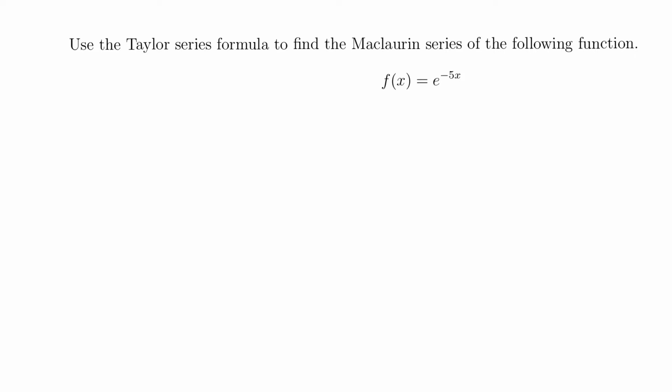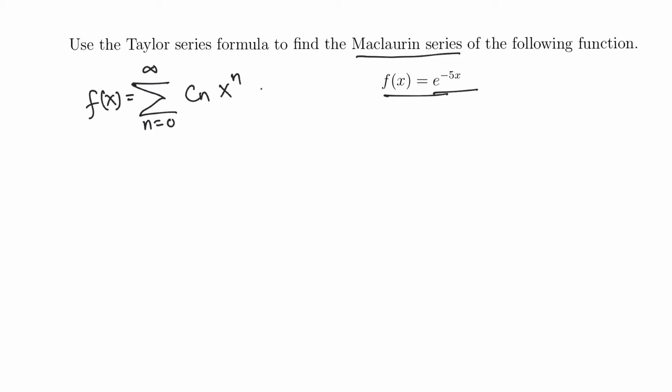Use the Taylor series formula to find the Maclaurin series of the following function. We have the function e raised to negative 5x. So a Maclaurin series means it's a Taylor series where the center is 0. So it is the sum of Cn x^n, n from 0 through infinity, where we find the constants Cn as the nth